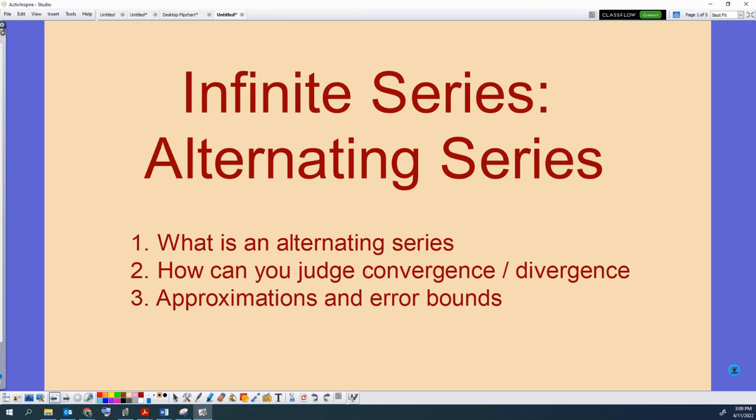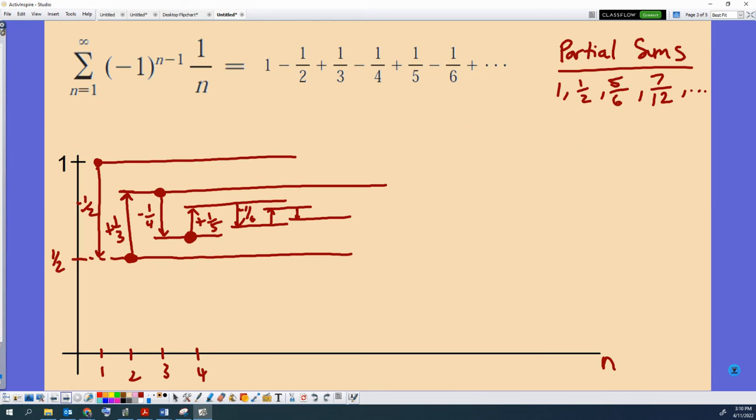We're looking at alternating infinite series, and this is the third video of this little series of videos, approximations and error bounds. We've been specifically looking at the alternating harmonic series, and we'll continue to do that here. If you remember in the second video, we were looking at whether or not this series converges. We concluded that it did, and one of the ways that we talked about whether it converges or not, we started out by looking at these partial sums,